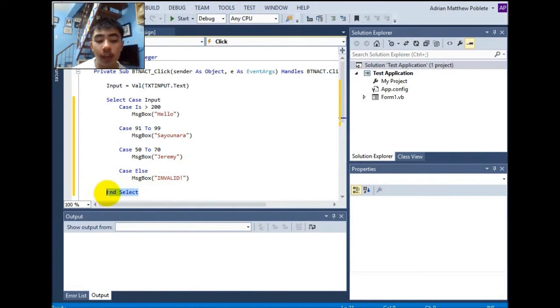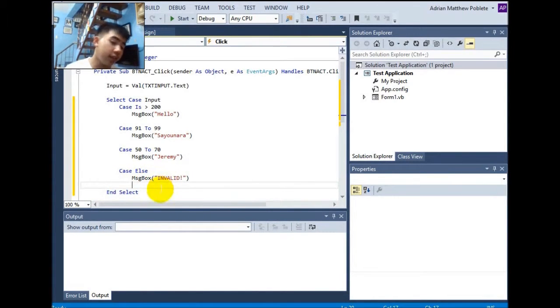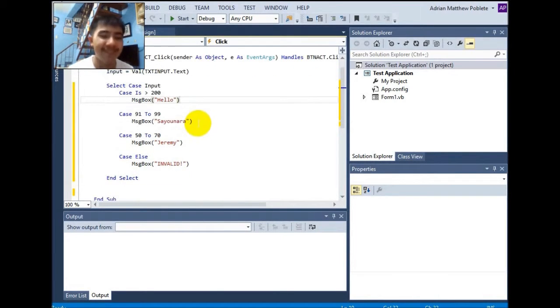Do not forget to end the select case statement by inputting end select, if it is manual, or if it is not automatic. If it is automatic, then wow, you have an advanced computer like me. Anywho,